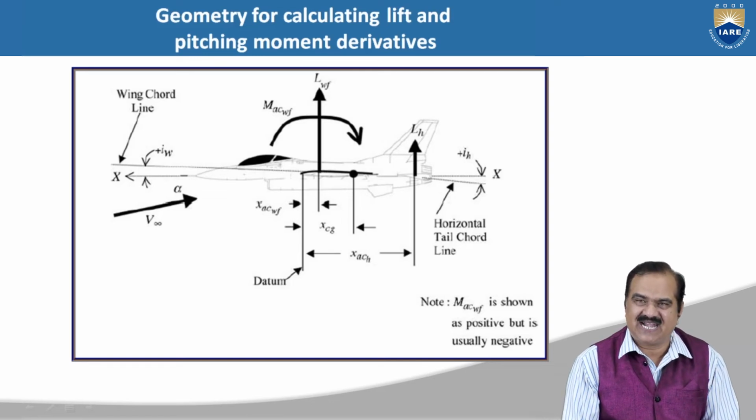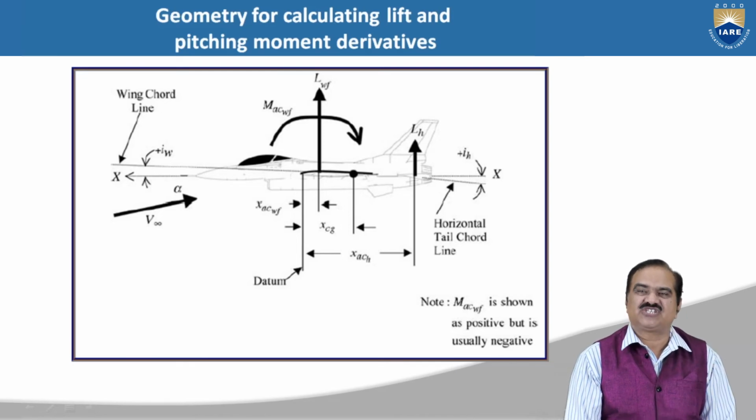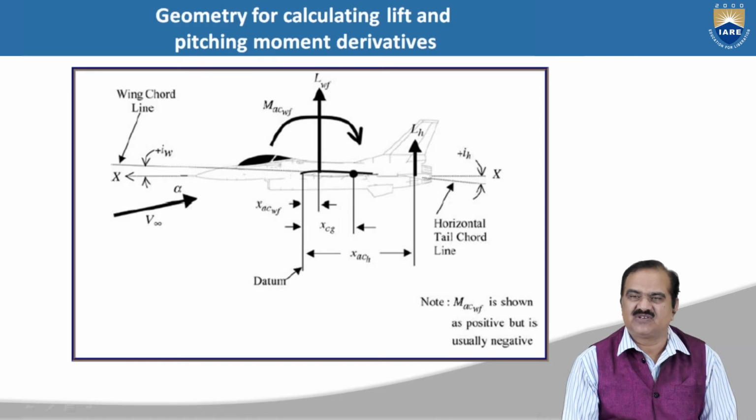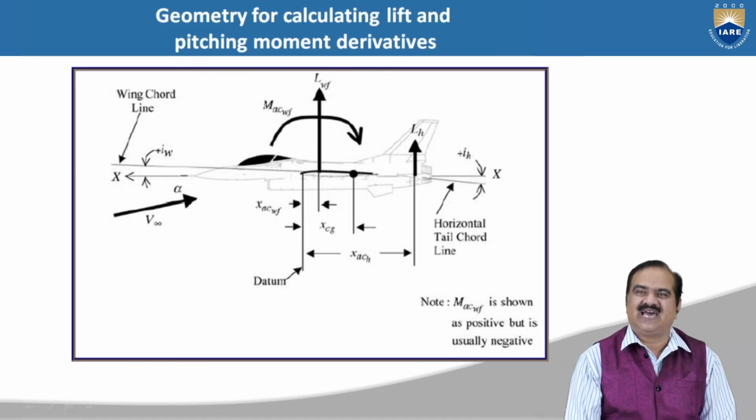Leading edge is the datum line. From this datum line, all the distances which are to be calculated are mentioned. Fixed here are a horizontal tail, a wing, and the fuselage. So these three components are considered. If you can see here, the XX